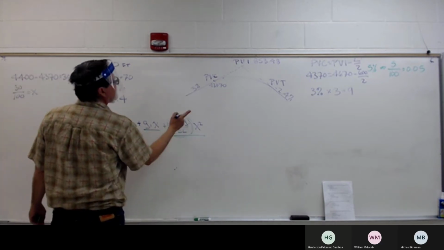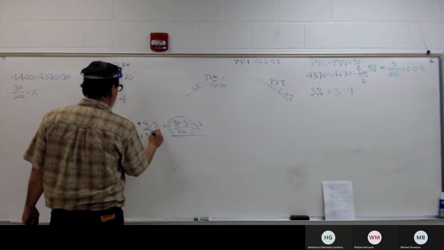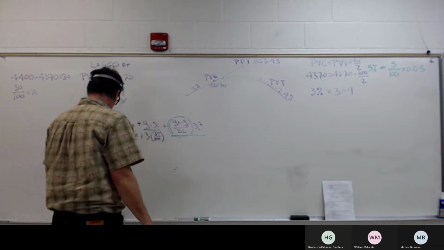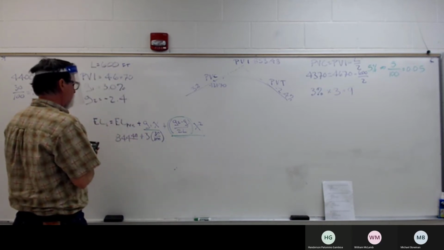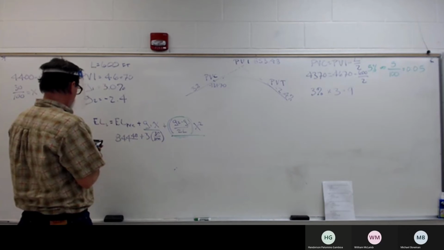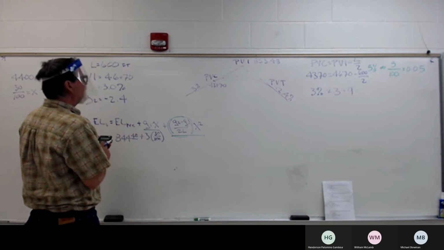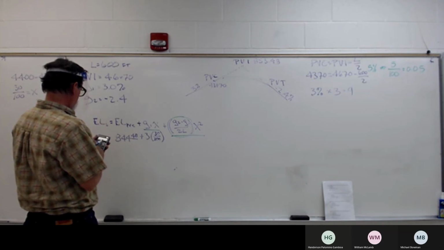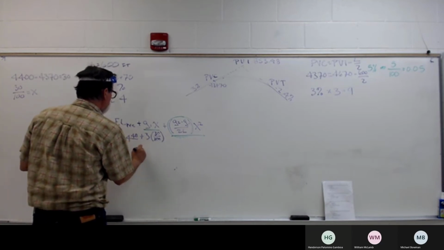What's G1? Well, G1 is 3. My X value is 30 over 100. Multiply that by 3. Plus